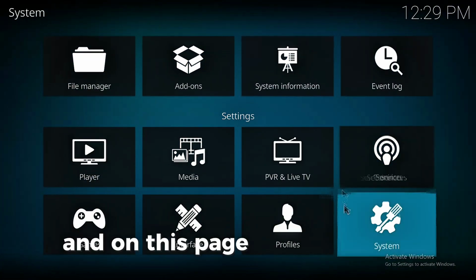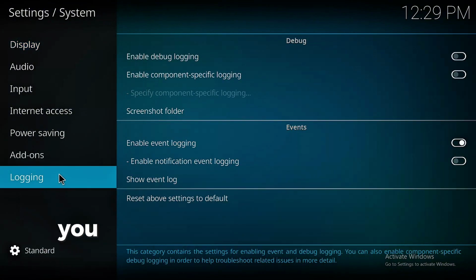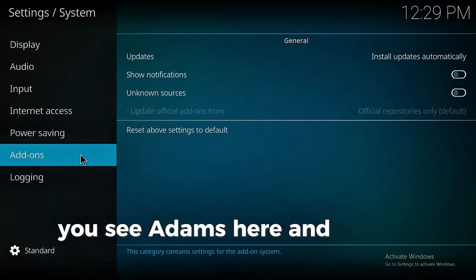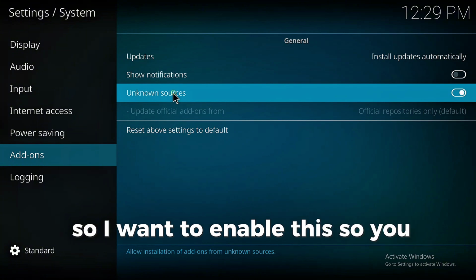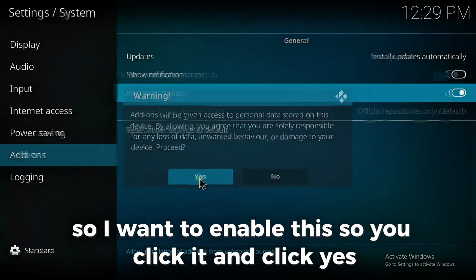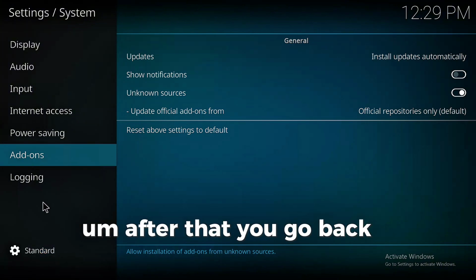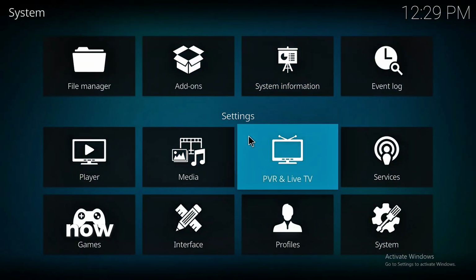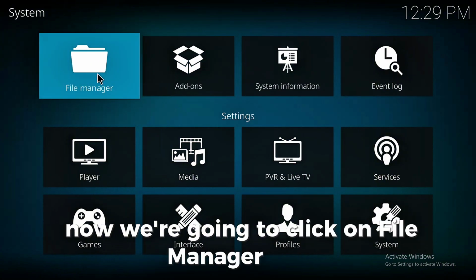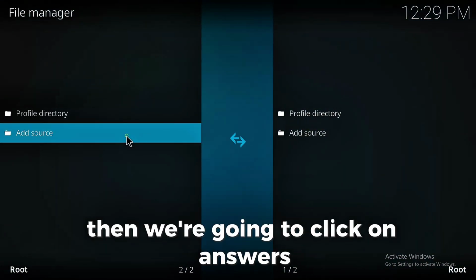and on this page you click on system. Okay, then by the left panel you will see add-ons here, and you will see unknown sources here. So I want to enable this, so you click it and click yes. Okay, so after doing that, you go back to the previous page. Then on this page now we're going to click on file manager. Okay, then we're going to click on add source,